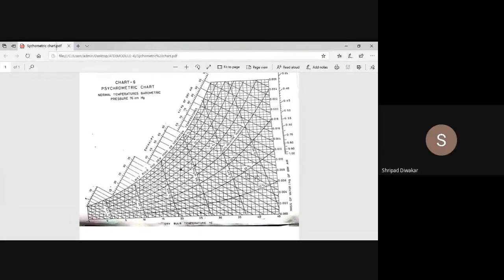No doubt, sir. I'll share one problem in the WhatsApp group. You just analyze, can you tell the values? I'll give a simple example of how to locate the point and how to find out the values. I have shared that psychrometric chart in the WhatsApp group. You locate and analyze the value, so that I come to know whether you understood it or not. You locate the point, and then you tell the values.